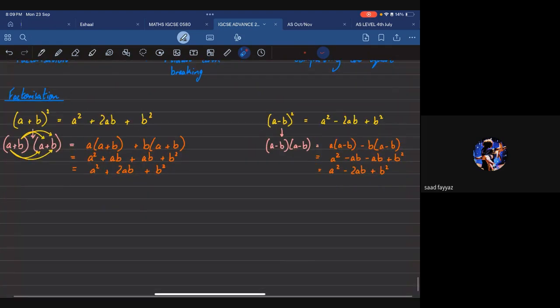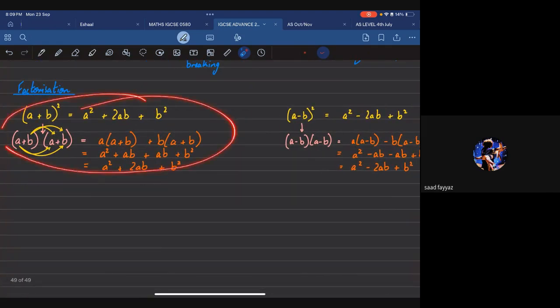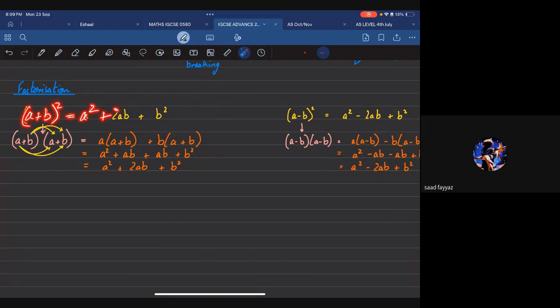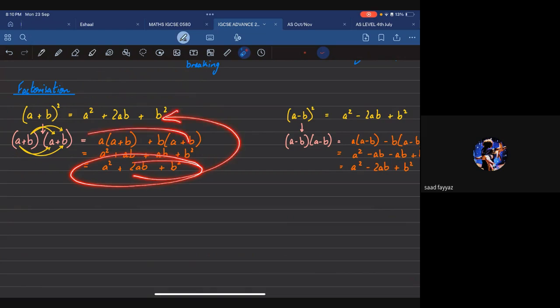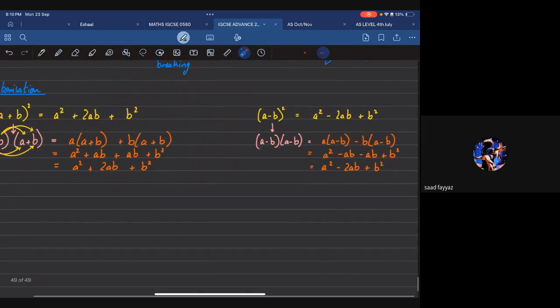All right. The other class we did types of factorizations in which if two variables are given to you, (a plus b) whole squared, that can be easily simplified to a squared plus 2ab plus b squared. Okay. Keep in mind that (a plus b) whole squared will not be simplified as a squared plus b squared. Do not do this. This is a very common mistake that students do. More so, in order to prove that what I was saying was correct, we opened the brackets up the normal way and it simplified to this. So in order to avoid doing three excessive steps, I simply did this one step and we got through with it.